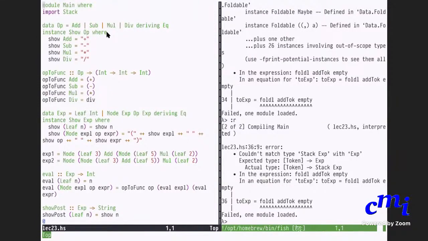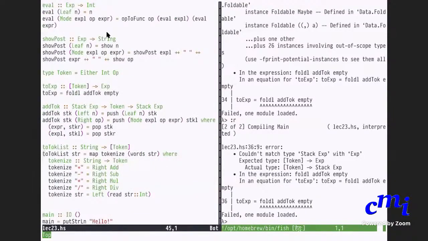Right. What I need to do is the following. I have a stack. I should pop the top. I should take the top element of the stack. If I do pop, it will give me element comma stack. I should take the first part of it. So actually, the toExpression thing is not foldl add to empty, but fst of pop of this thing. Because once I have done it, I will get a stack of expressions. I'll have to apply pop on that stack. That will give me a pair, the top expression, comma, the remaining stack. Discard the remaining stack, just return the top element.